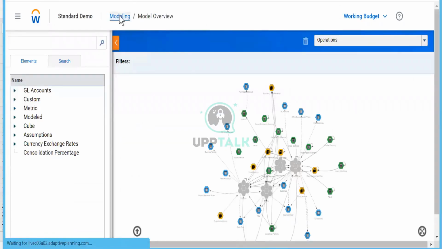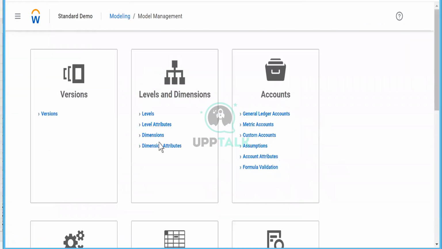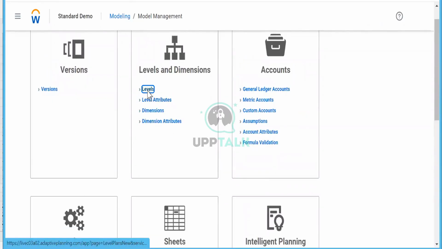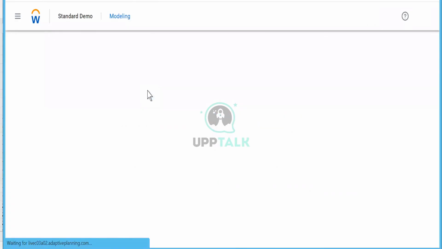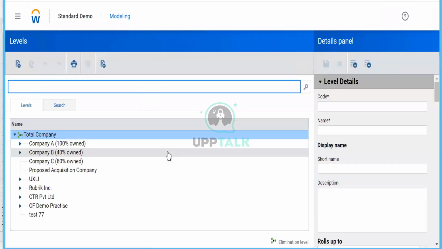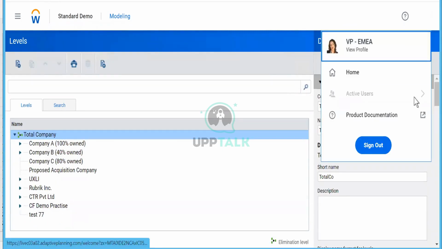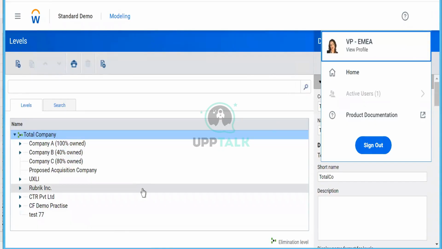Everything is done. Only thing is, we just need to see that in the front end. Why is it not there? Is it because this user ID must have access to only that level? Got it.